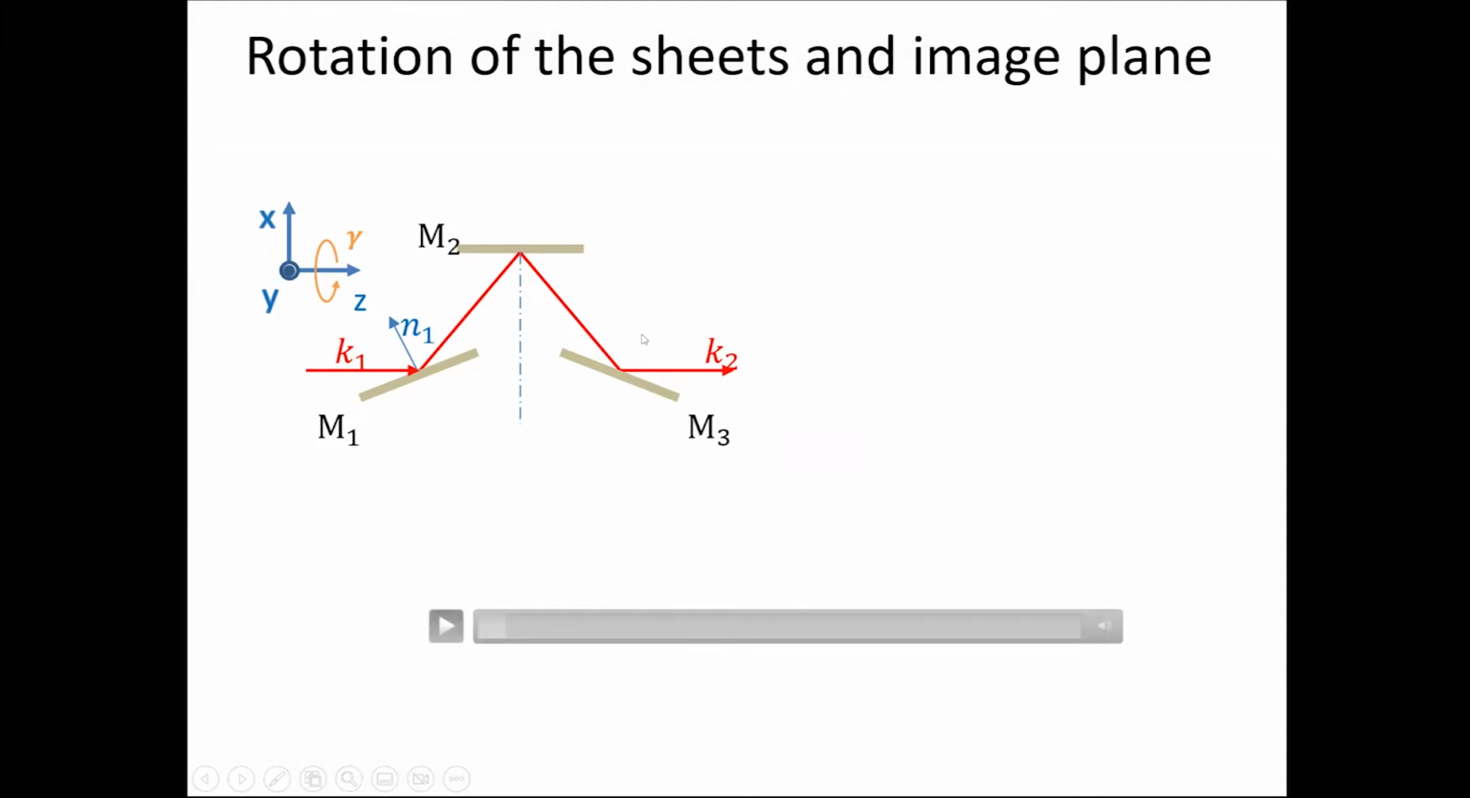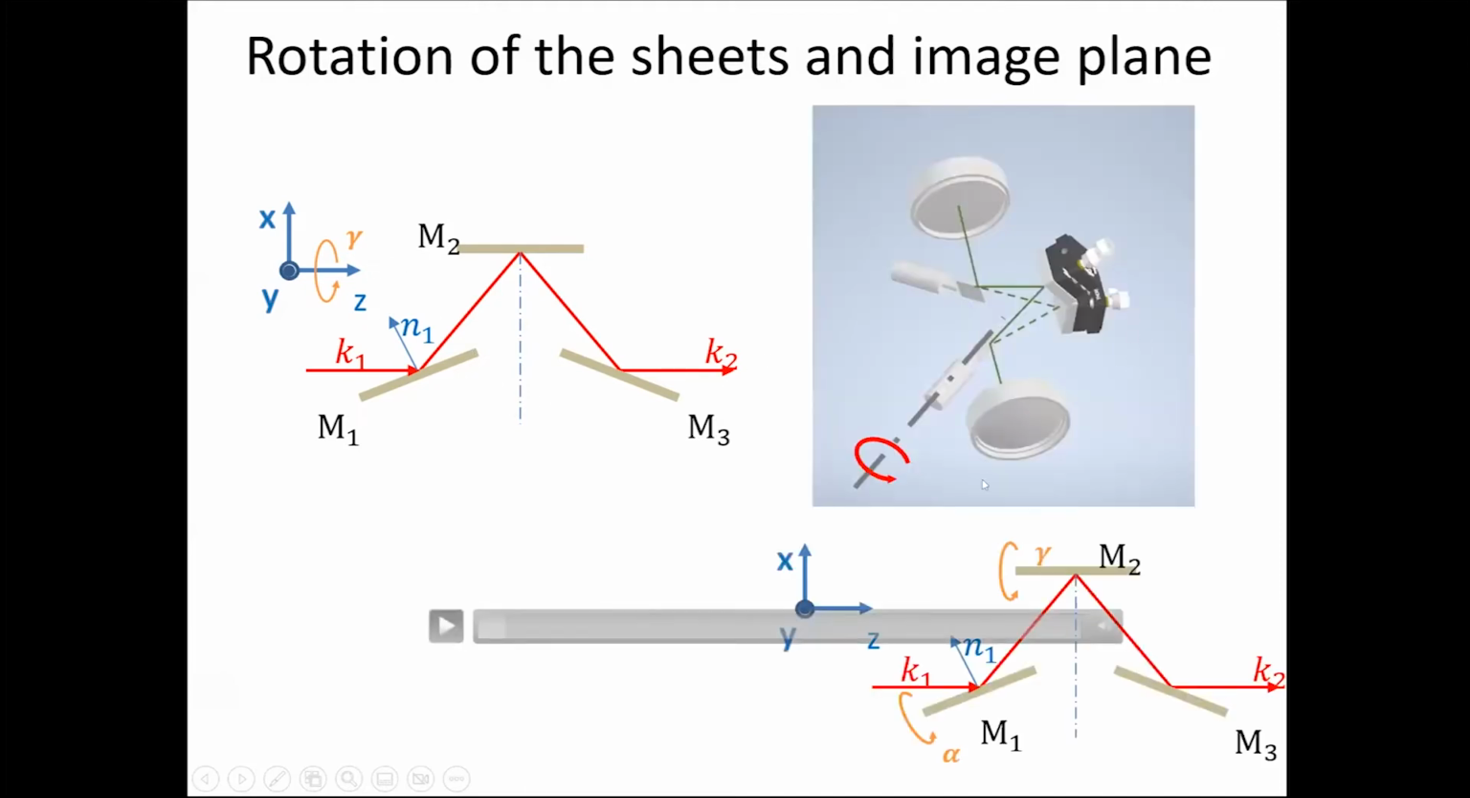And as it happens, if you rotate that whole assembly along the z-axis, you also get rotation by 2 times the rotation angle. So if you rotate big gamma, the image would actually rotate by 2 gamma. So the idea was, very naively at first, proposed that we could essentially replace these 2 mirrors with scanning mirrors,